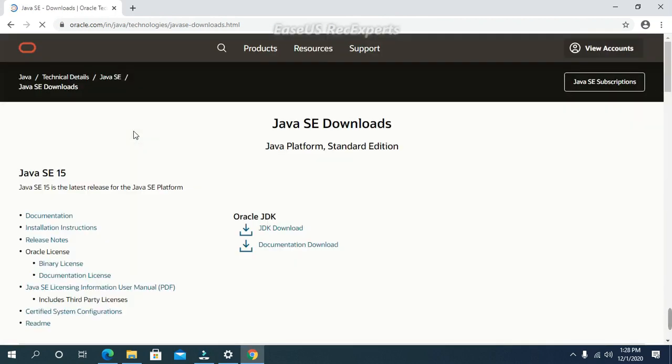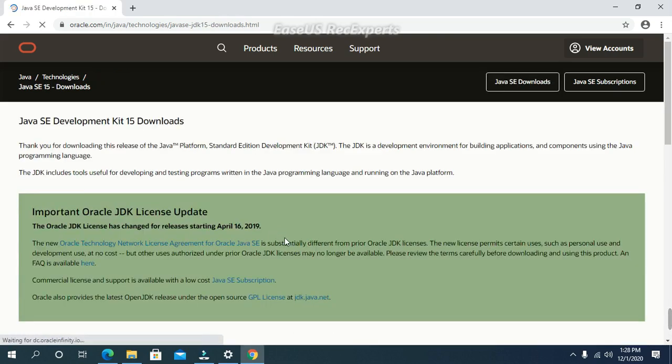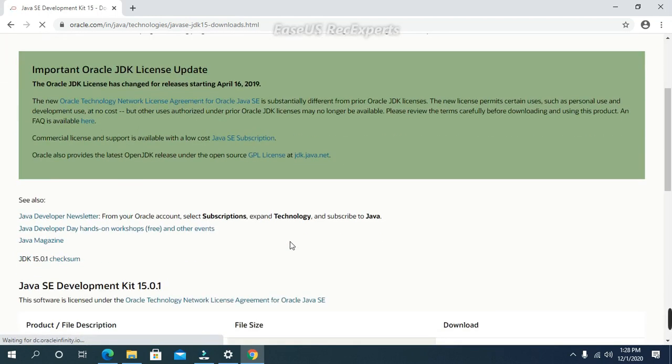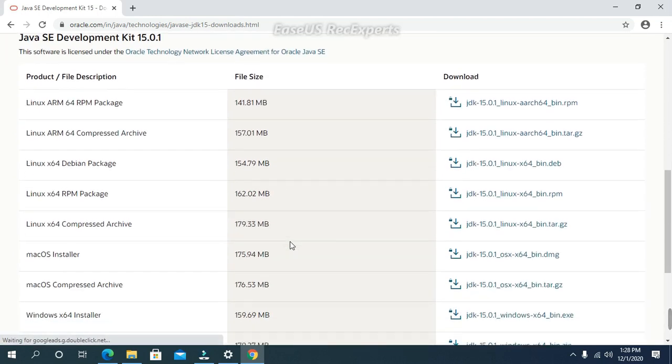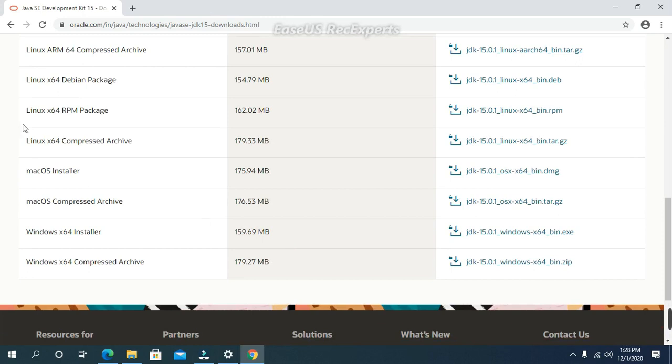Now in this page, click on the JDK download option like this, and you will see a list of different JDKs for different platforms: for Unix, for Linux, for Mac operating system, and for Windows. For Windows there are two options: either you can download an exe file or a zip file.